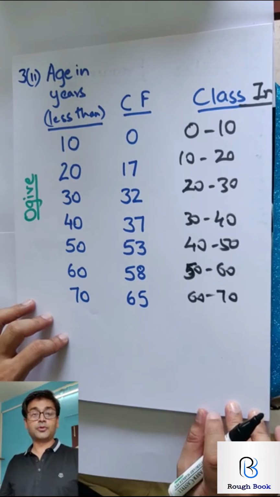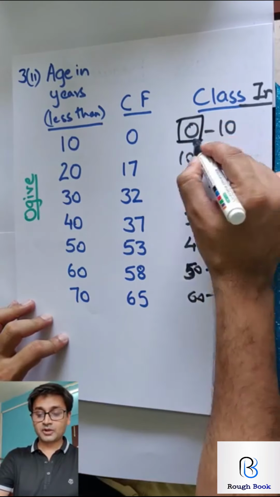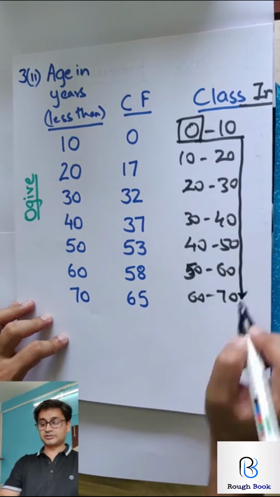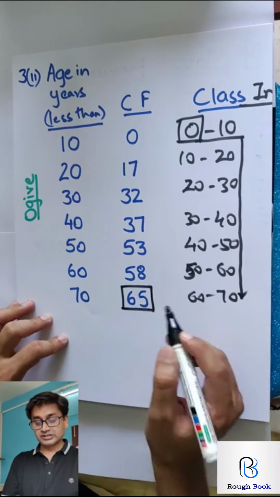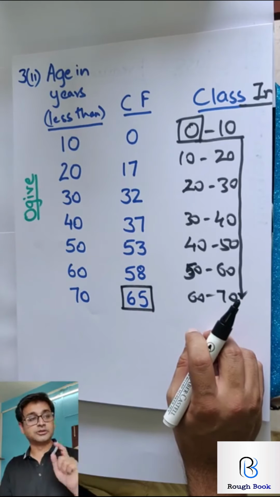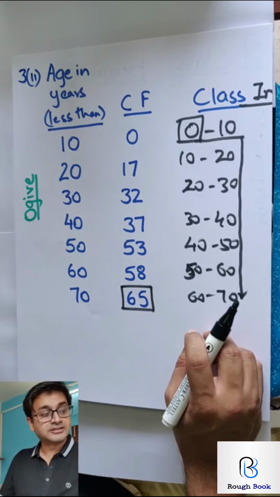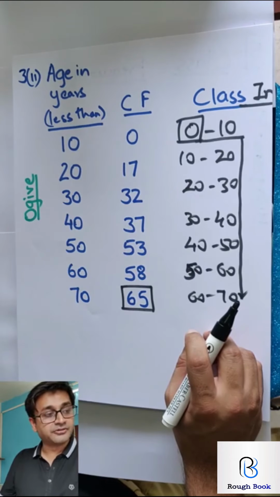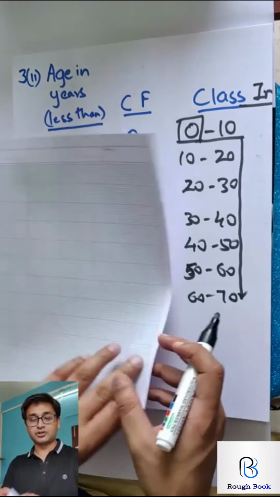Perfect. Now can you plot? So starting from 0, go till 10 and come down. So that's my diagram. Calibration on 65. So you can either take 5. 5 will need 13 lines. Not possible. You will have to take 10 only. So let's go with 10. Come on, pause the video this time on your own. Draw the ogive and show it to me quickly.